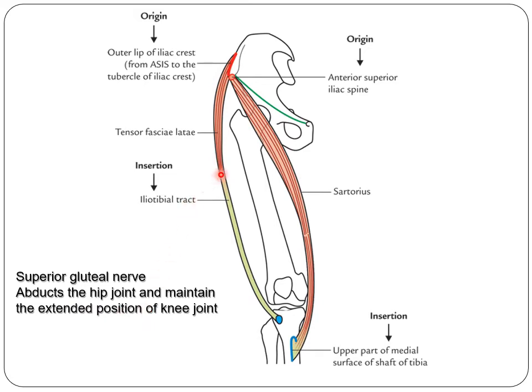So these are the tensor fascia lata. It arises from the outer lip of the iliac crest, extending from the anterior superior iliac spine to the tubercle of the crest. Its insertion passes downward and slightly backward and is inserted by aponeurosis to the upper part of the iliotibial tract, distal to the greater trochanter. The gluteus medius with its covering fascia, the gluteal aponeurosis, intervenes in the triangular gap between the gluteus maximus and the tensor fascia lata.